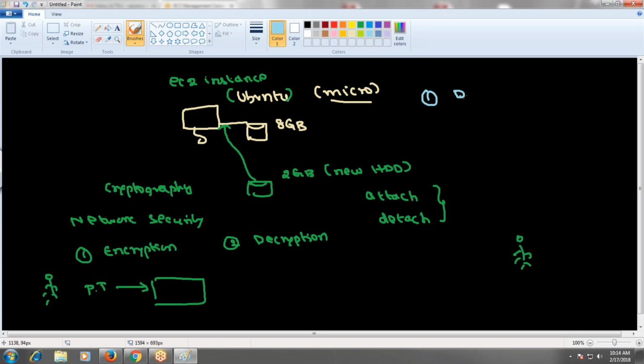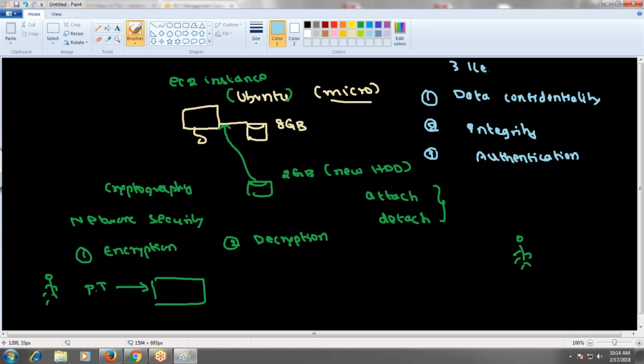It should have data confidentiality, data integrity, and user authentication. These are the three key features that need to be supported